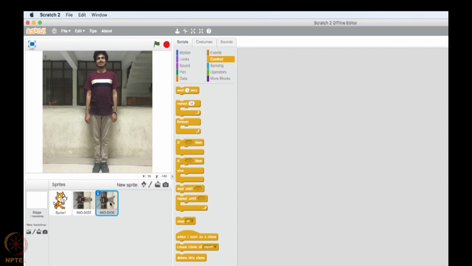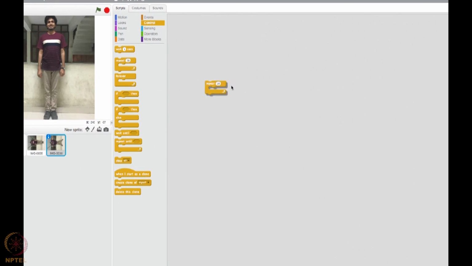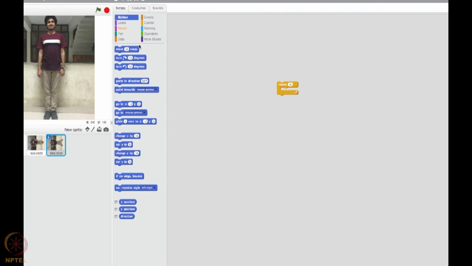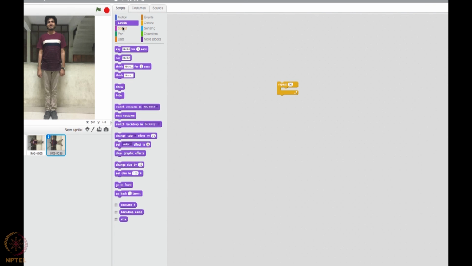So I will be using this sprite only. Whatever function I am going to put, I'll put on this sprite only, this the second image. I think you got the intuition what I am going to do. So I will create a repeat block here. I'll go to the motion. Let me check where are the show and hide. Okay, show and hide is there. So first I will hide this image, and after this I will show the image. Let's try this. I'm going to do this for 10 times.